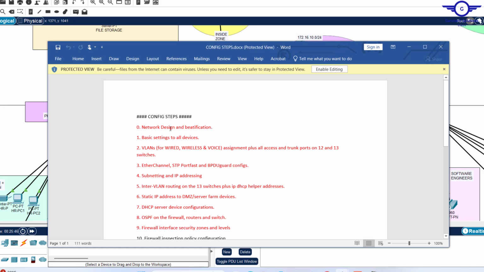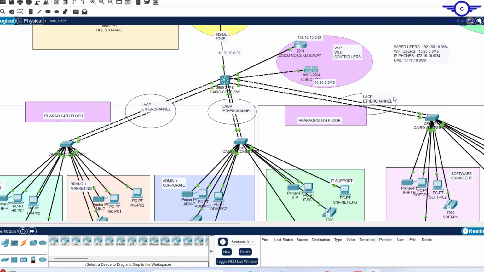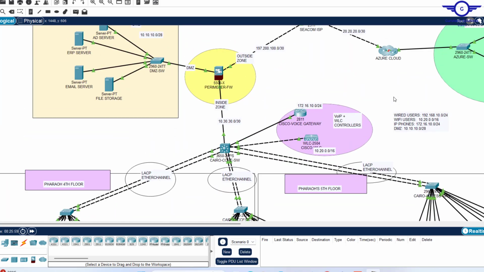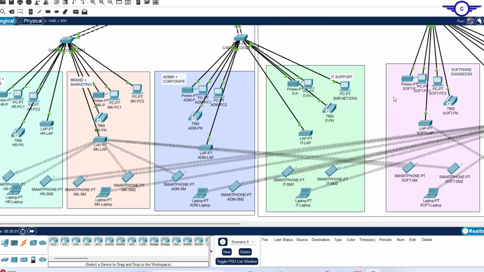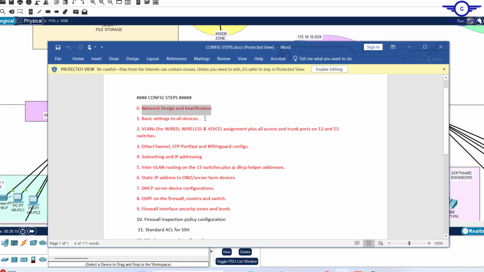Okay. So here it is. Network design and beautification. It's all here. It's always important that you actually beautify the network design by using different colors and borders. And also check the second one, which was basic settings to all devices. So let's start showing you